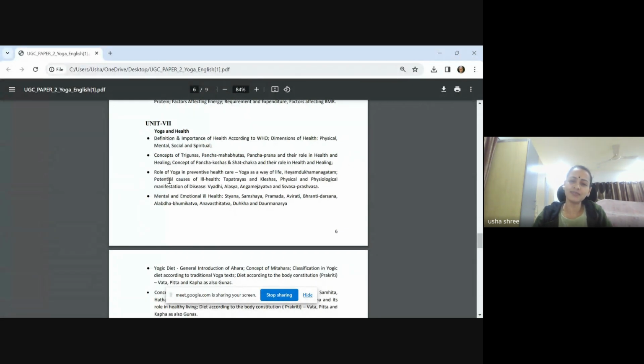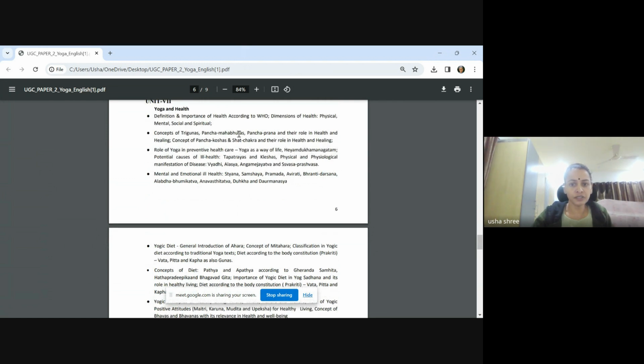So here you see we don't have a particular scripture or a text, but these concepts that are included in unit 7 are taken from different texts. As you're learning the other units, you will learn all these concepts, and those concepts will be put under unit 7. But I think you will have somebody teaching you unit 7 as well. But these things would be included as part of other units also, like the Trigunas, the Pancha Mahabhutas. Most of our other units have these concepts in them, the Panchakoshas, the Shat Chakras, role of yoga in preventive